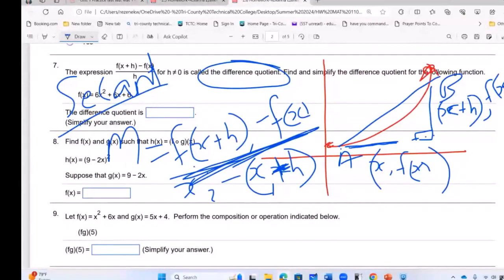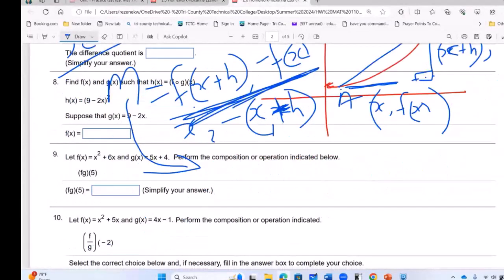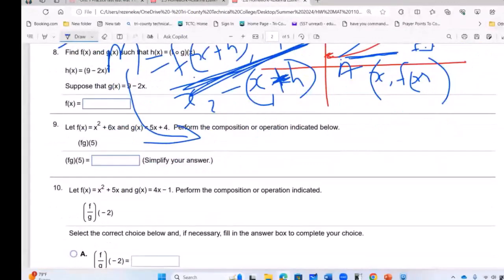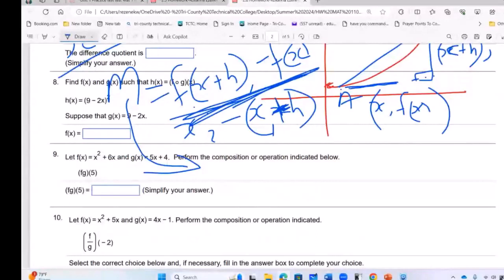So I'm going to rewrite this. When I finish, I'll call this slope the difference quotient. So the difference quotient is the same as slope. Okay, so I will just rewrite. When I rewrite this, I will see that the slope of this second line,